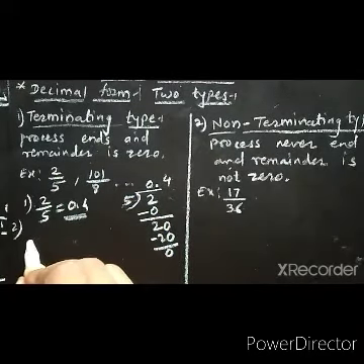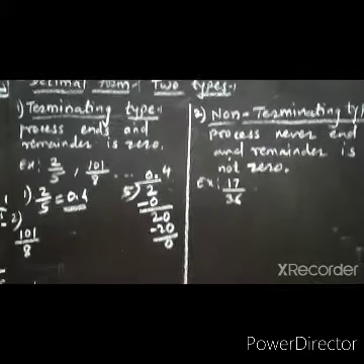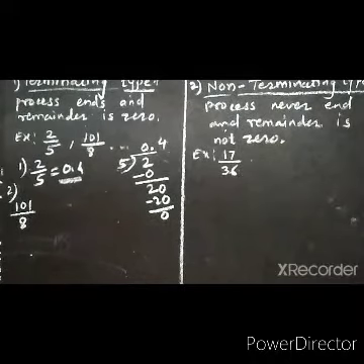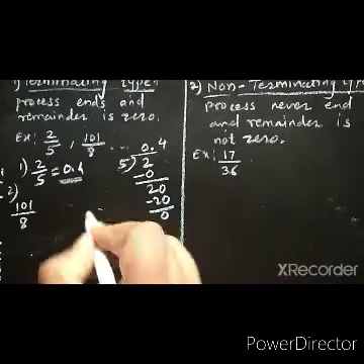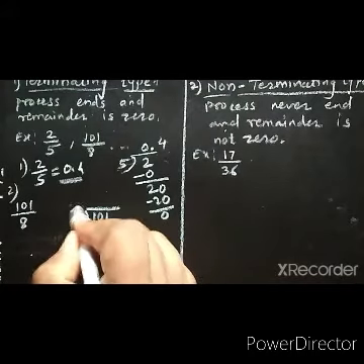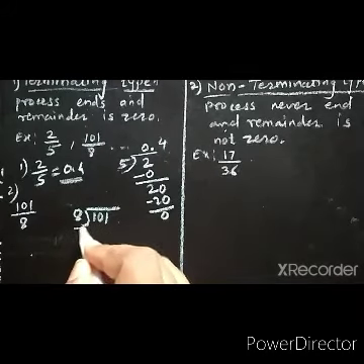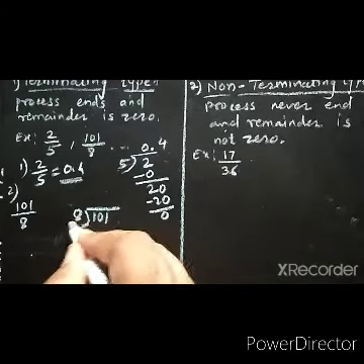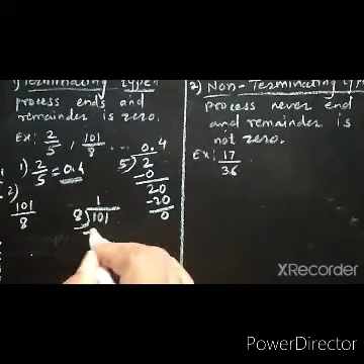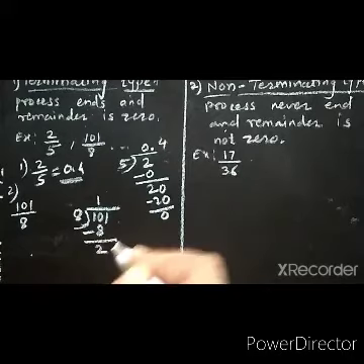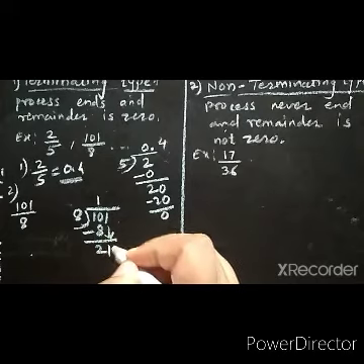Let us see number 2, 101 upon 8, or 101 divided by 8. So let us check. See, 101, that is a 3-digit number, which is bigger than 8. Now 8 ones are 8. 10 minus 8, that is 2 remain. 8 cannot divide 2, therefore we have to take the next number, that is 1.